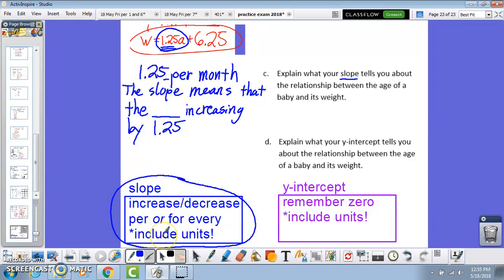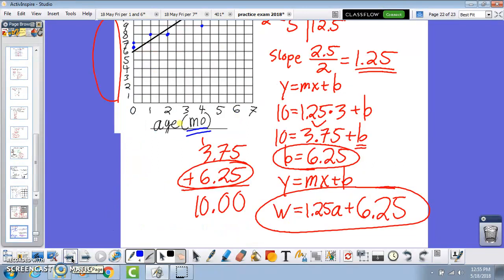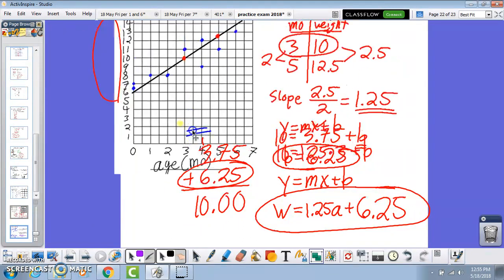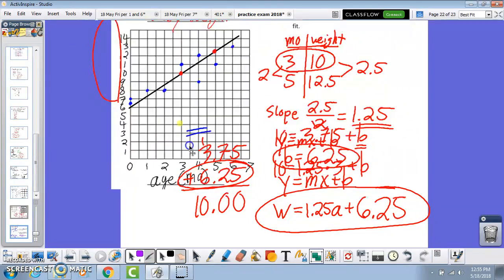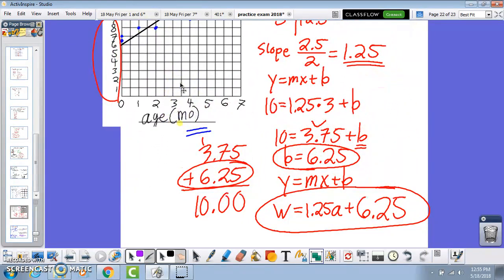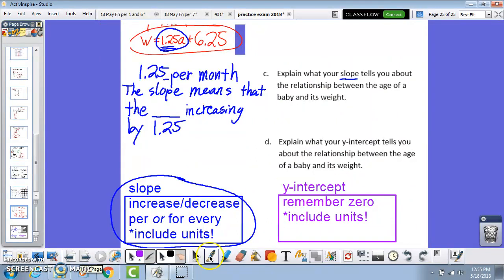Now 1.25 per month doesn't make any sense because it's like, what's my unit here? So I talked about including units. I got a unit, month, but it's 1.25. Let's go back and look what the unit is. Looks like it is, oh, the weight's being measured in pounds. Okay, pounds. So it's weight, right? We're talking about the weight of babies. The weight is increasing by 1.25 pounds per